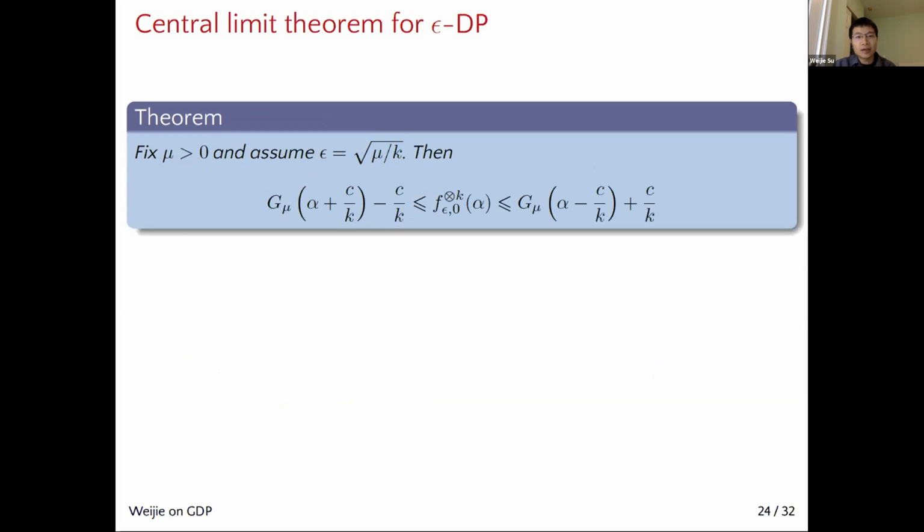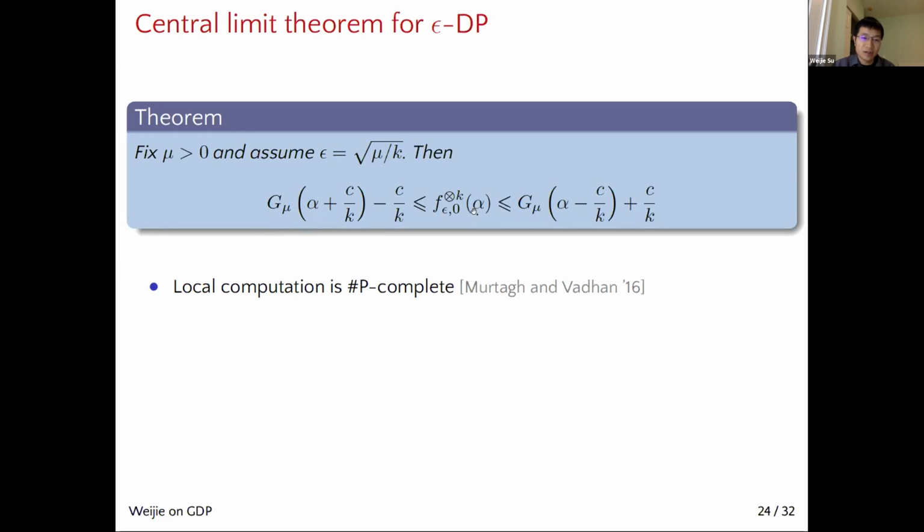So here we can focus on the special case of pure DP. Pure DP means that the delta part is 0. And in this case, we have a finite sample version of this central limit theorem. So this is the K-fold composition of the trade-off function, sandwiched between these two quantities. So you see, if K is large, then it's basically G mu of alpha, right? And if we really want to evaluate the exact value of this trade-off function